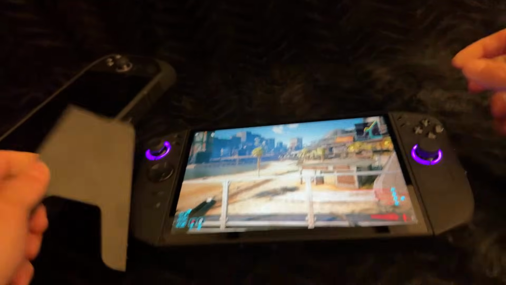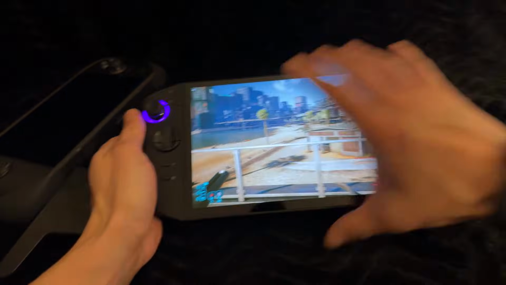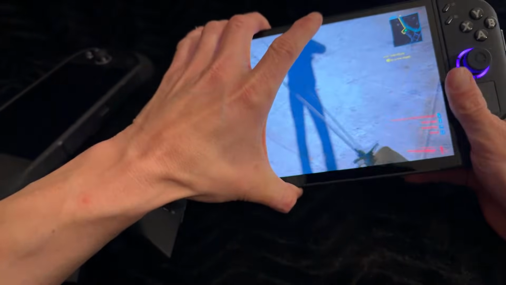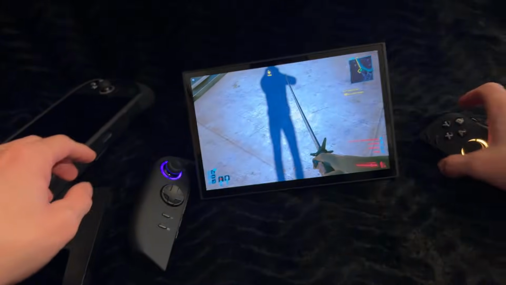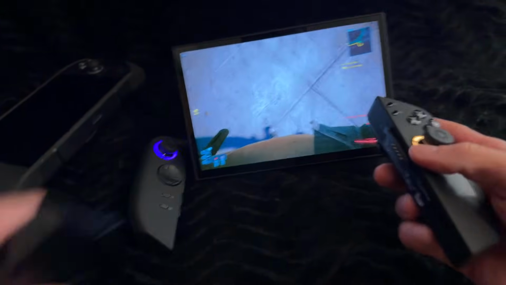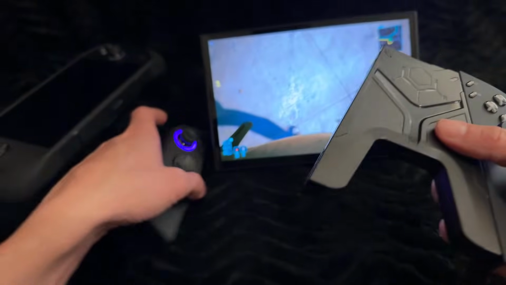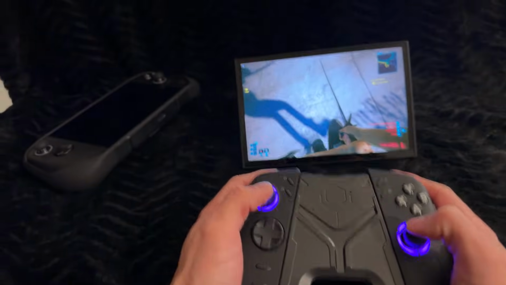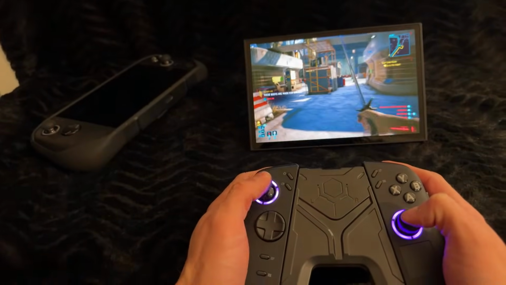In case it gets heavy, right? So just bust this off. Boop. Oh, boop. Bust out the kickstand a la Switch style. And then I got this for like, I don't know, 15 bucks, 20 bucks off of Amazon. And then now I got a controller. So this is kind of what I do at work, or